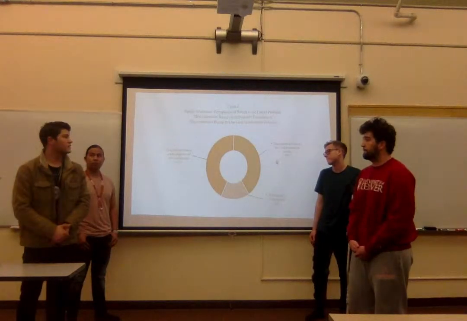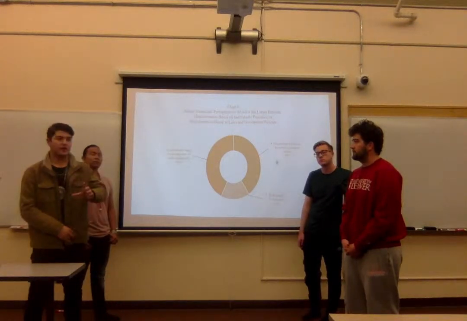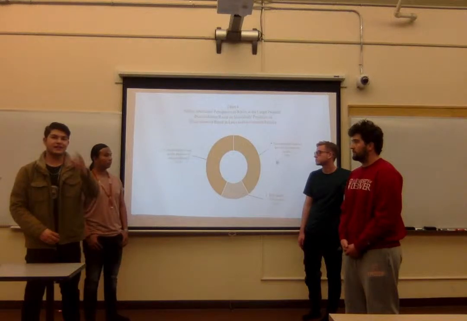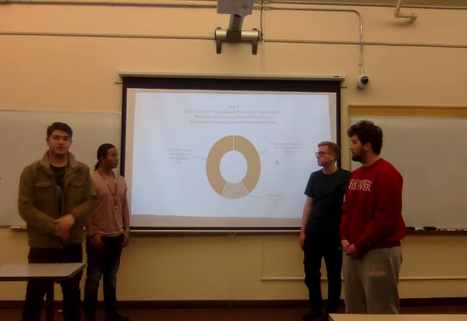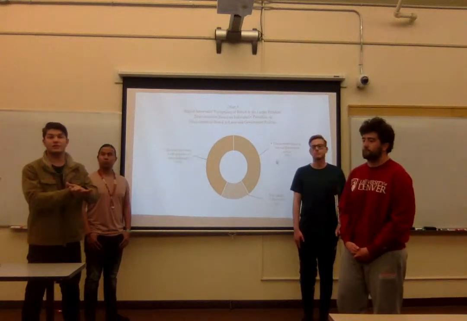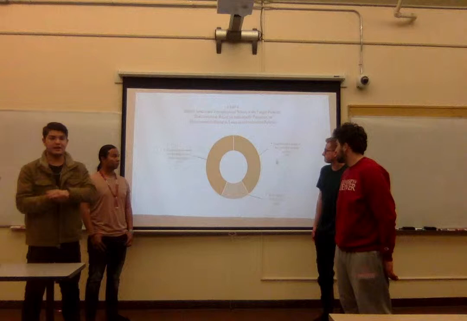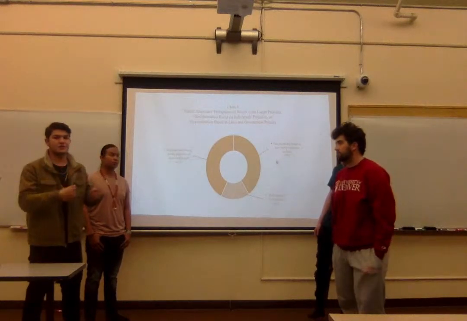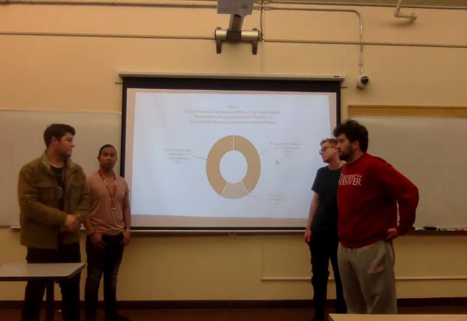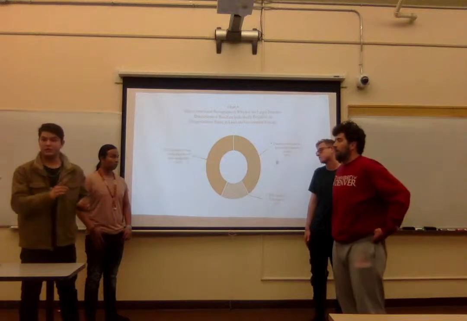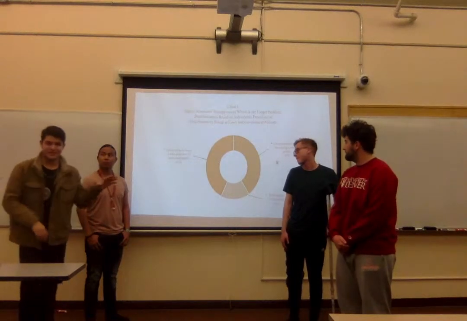This is our second to last kind of visual that we can make, talking about whether or not Indigenous people think that personal discrimination is worse than the institutional discrimination that they face. 41% of the Natives that were surveyed said that the discrimination that they face on an individual level is worse than that of an institutional one. And 39% of the Natives who were surveyed said that institutional racism and these institutions, the discrimination that they face through that is worse than that they see on a personal level. 60% said that both are equally bad, that personal and institutional discrimination is about equal. They answered that voluntarily.